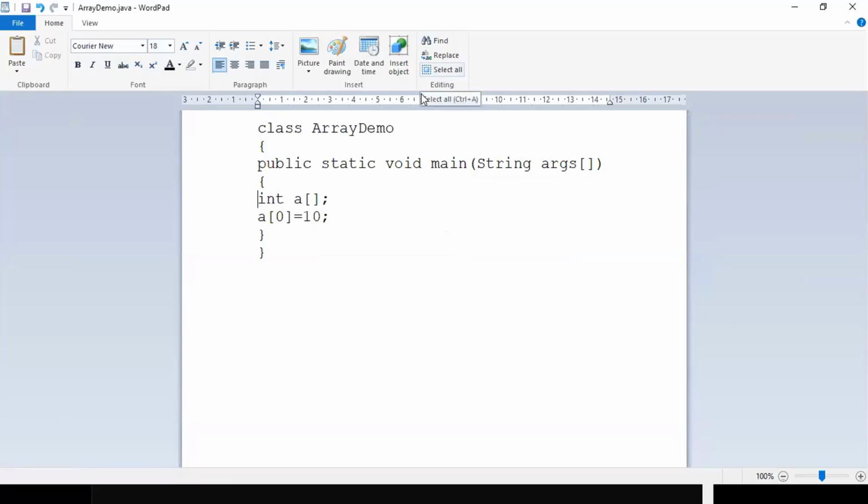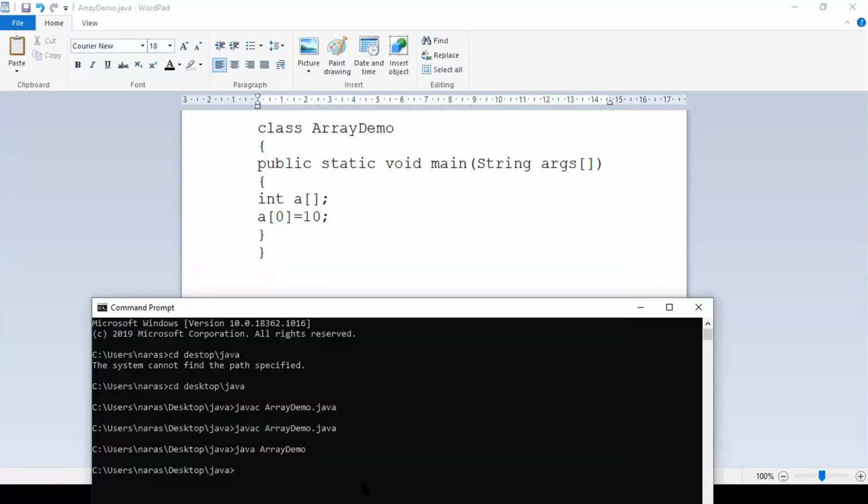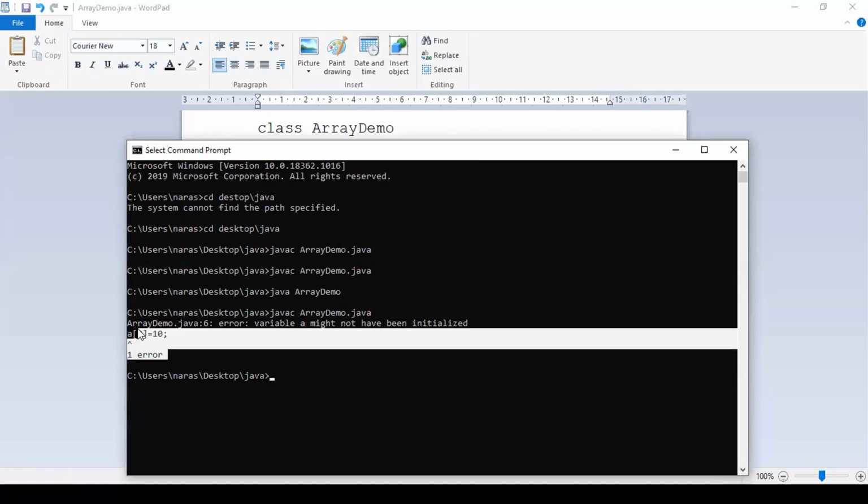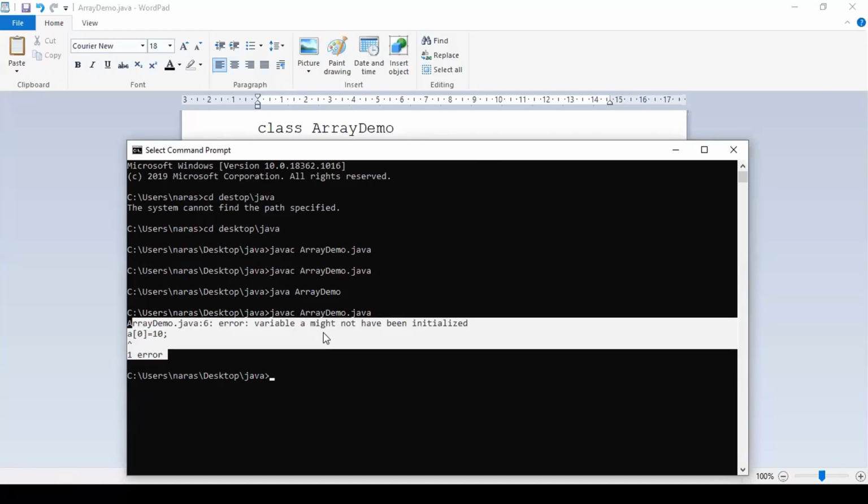Now what might be the error? What might it be telling us? Let us just see. Observe the error statement carefully. What it is saying is: variable a might not have been initialized.